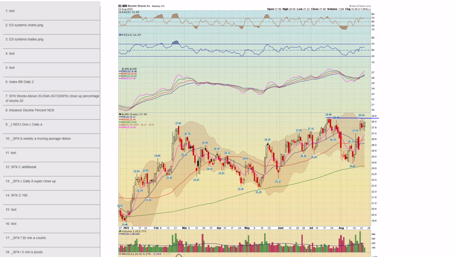All right, guys, we'll see what happens tomorrow. Again, after a big trend day, a lot of times the next day is a chop day. Futures tonight, though, are up pretty nicely, up about 25 points on ES.